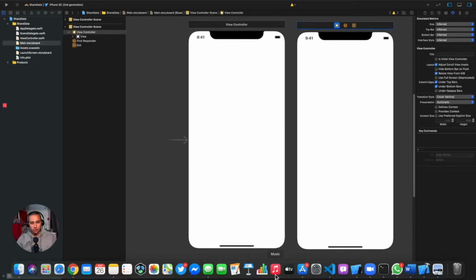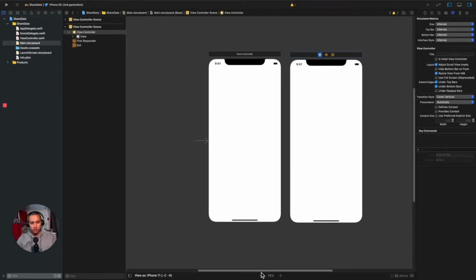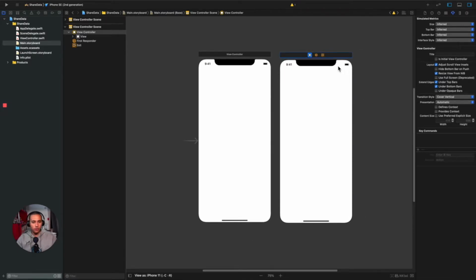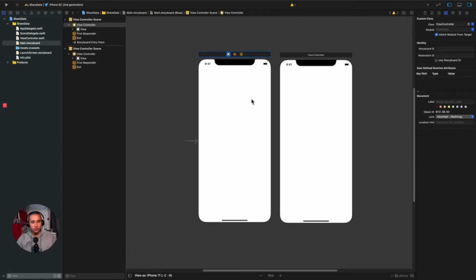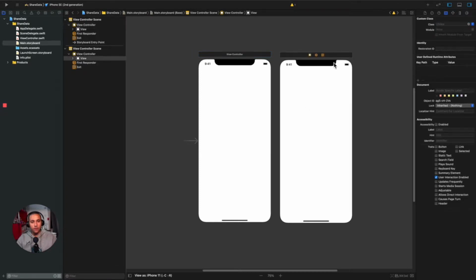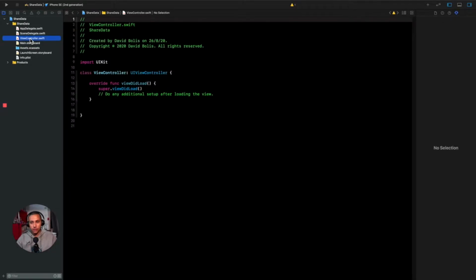Let's go ahead and zoom back in. And what we want to do is now create a file for this view controller. So if you go ahead and click here, for example, and then click over there, click on this form of like ID card over here, you'll see that this view controller is connected to a class called view controller. We want to create the exact same thing, just another class for this view. So what I want to do is go right under view controller, actually click on it,